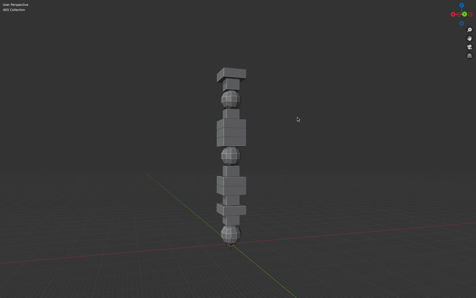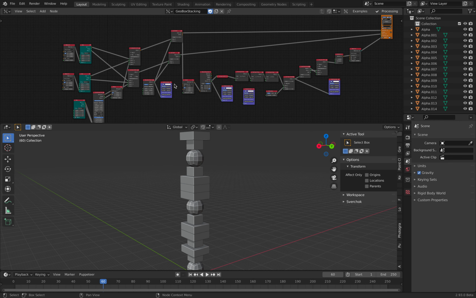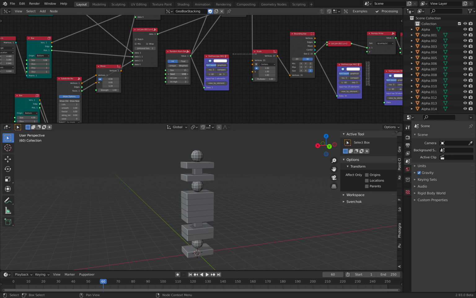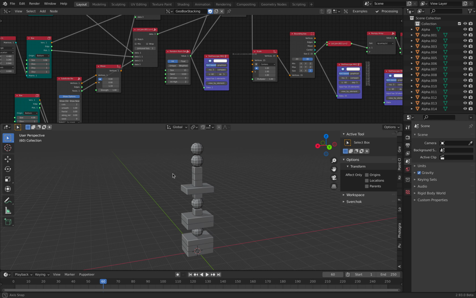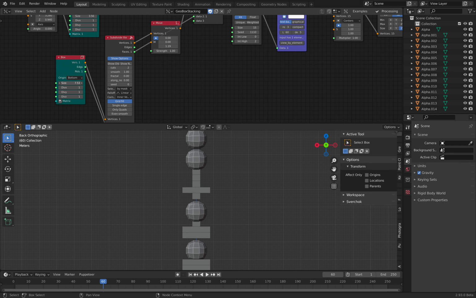In this episode, I'll be sharing with you the breakdown of these nodes, basically similar to previous live noding. So we have a stack of boxes, but we have this ability to randomize the box. There's one that's looking like a sphere, but that's actually also a box. If I scale it,